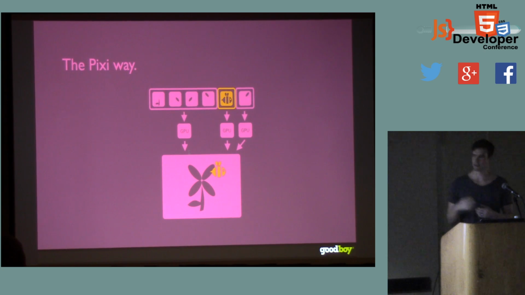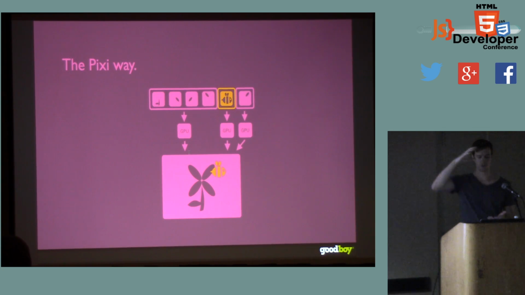But the way it works is it will render through all the objects in the order that they need to be rendered. And when it hits the first one, it will go, right, cool. What's the texture of this guy? And whatever it is, it will put it into a buffer. And then it will keep going to the next object and look at it and go, does it have the same texture? If it does, it will put that into the buffer as well. And then it will go to the next one and look at it, does it have the same texture? And if it does, puts that in the buffer too. And it keeps going through all the objects, adding them into this buffer as long as they have the same texture. And then when it hits an object like a little bee over there that's a different texture,